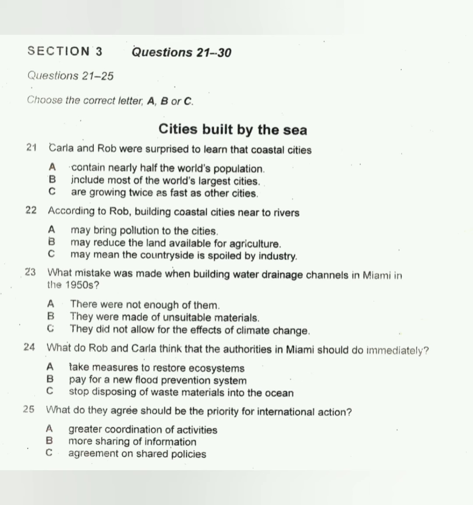Right. Really, though, coastal cities can't deal with their problems on their own, can they? I mean, they've got to start acting together at an international level instead of just doing their own thing. Absolutely. The thing is, everyone knows what the problems are, and environmentalists have a pretty good idea of what we should be doing about them, so they should be able to work together to some extent. But it's going to be a long time before countries come to a decision on what principles they're prepared to abide by. Yeah, if they ever do.